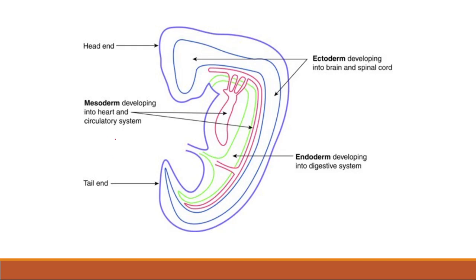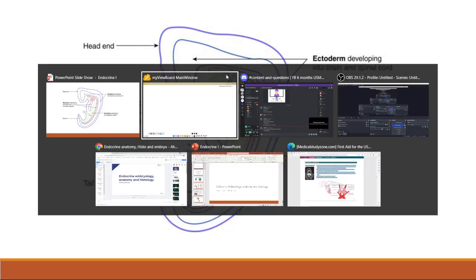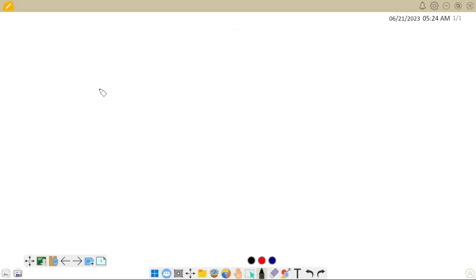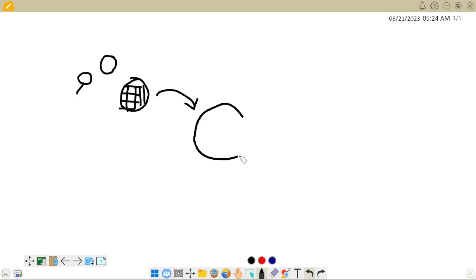So here's a picture to remind you of the normal embryology. Let's go back to review a little bit of embryology. So we start with a sperm and an egg, and both bind together to form the zygote. The zygote keeps dividing, right, till it forms the morula and then the blastocyst. The blastocyst is simply an inner mass and an outer cell layer, right? The inner mass becomes the baby, the outer cell layer becomes the placenta, and then the inner cell mass differentiates